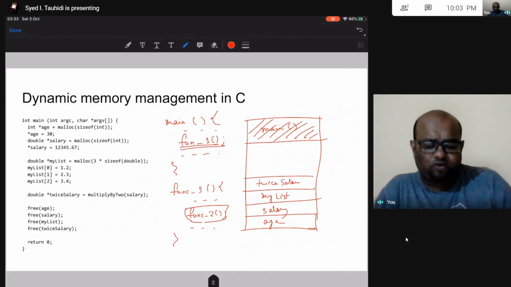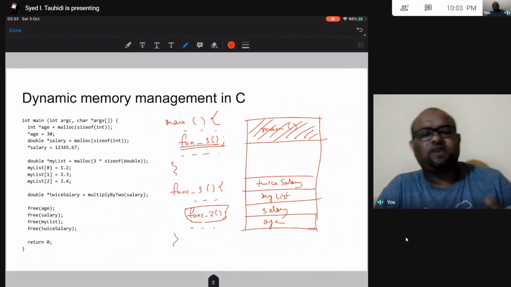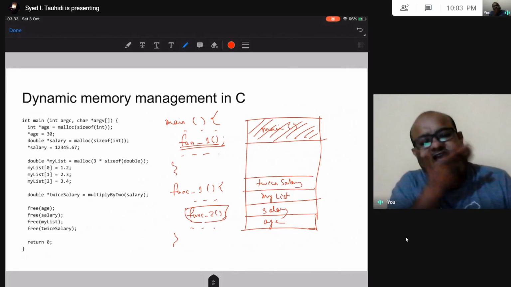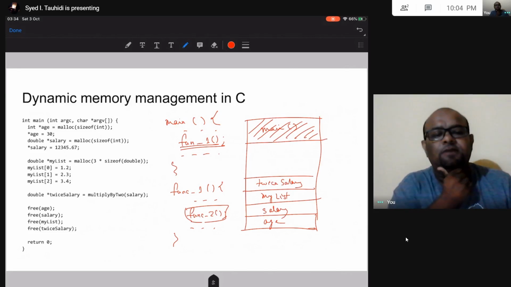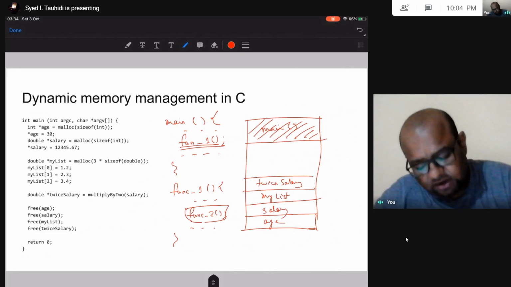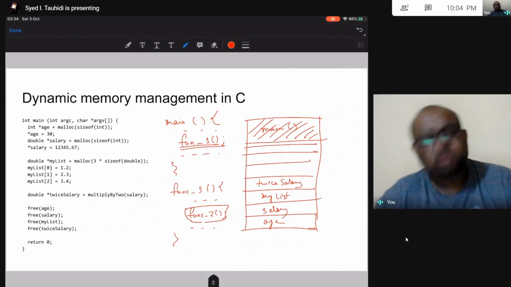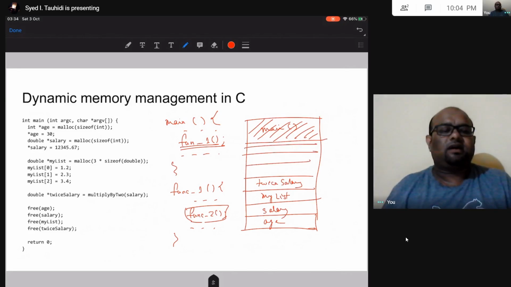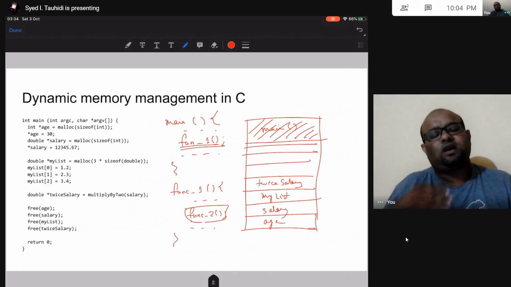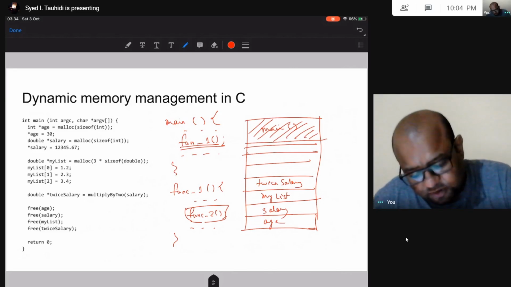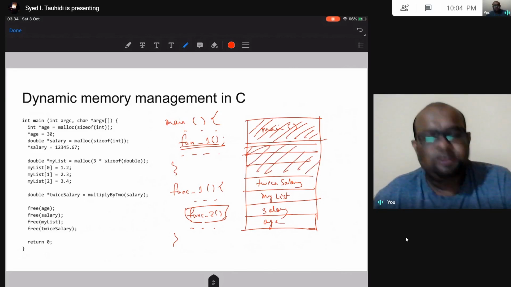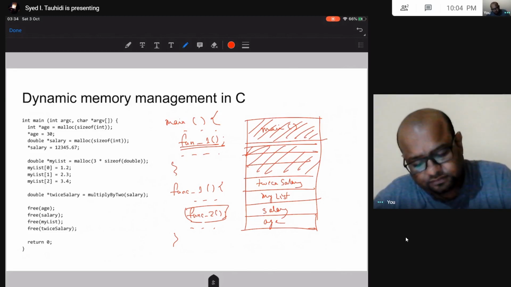In my program, if I keep allocating memory in my heap over and over again, and if I don't deallocate it, then very soon my entire memory is going to fill up. Then at some other point of time I want to call some function. Up to this point the heap is used.